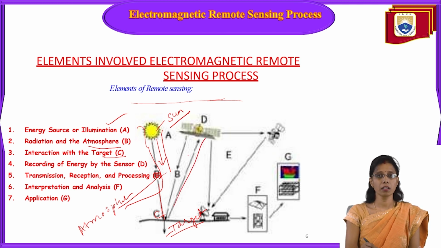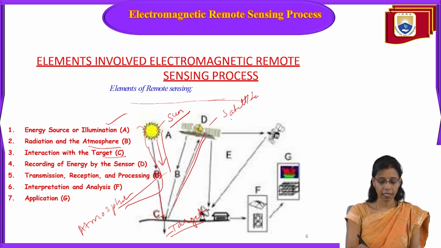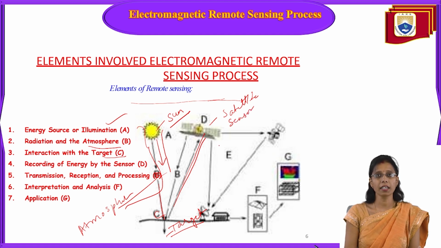This energy will be sent back to the satellite. Here we have D as a satellite. The satellite has a sensor over here. The sensor fitted in the satellite will record the reflected energy, and then send it back to the transmission, reception, and processing. It will send it back to the receiver station. This is the receiver station where